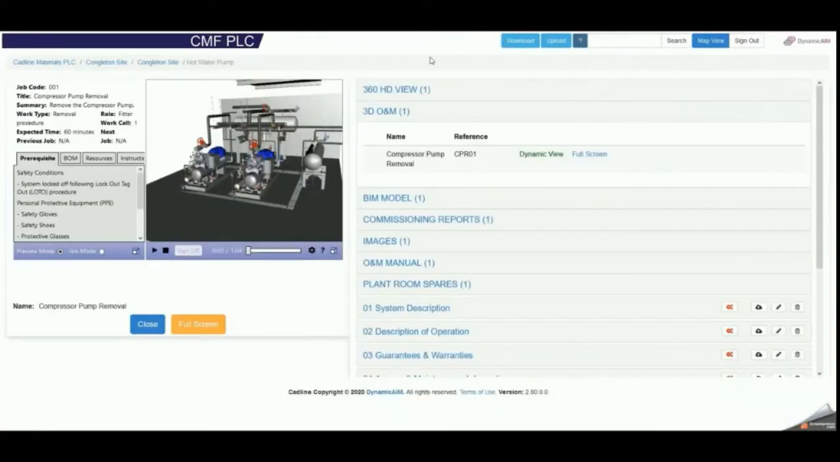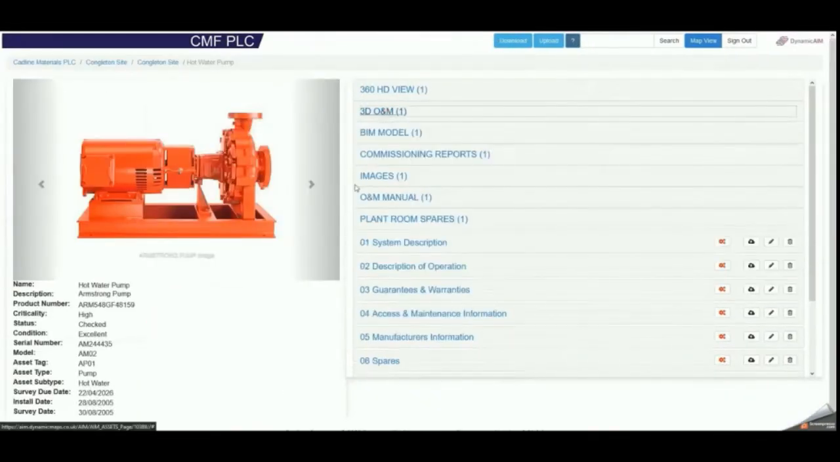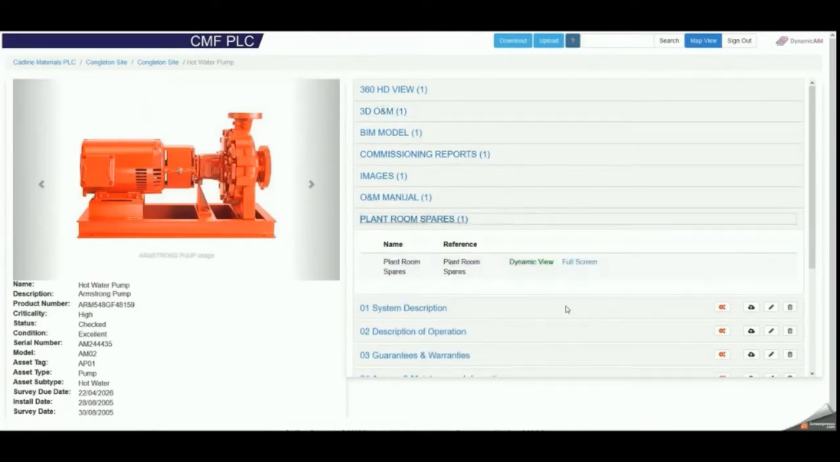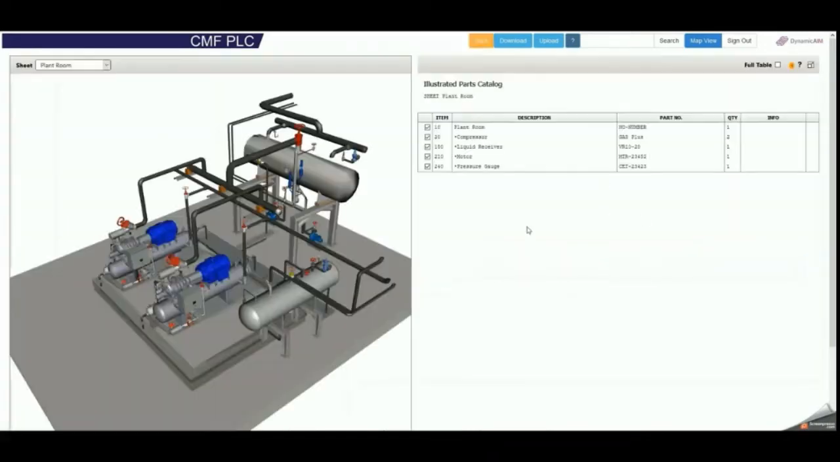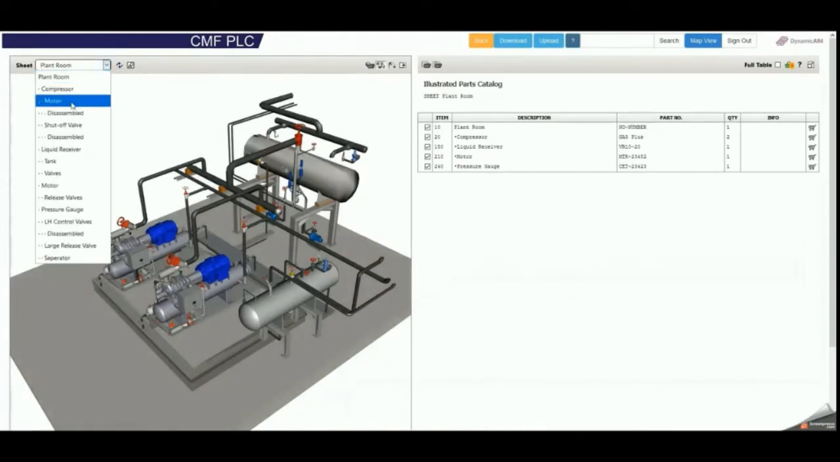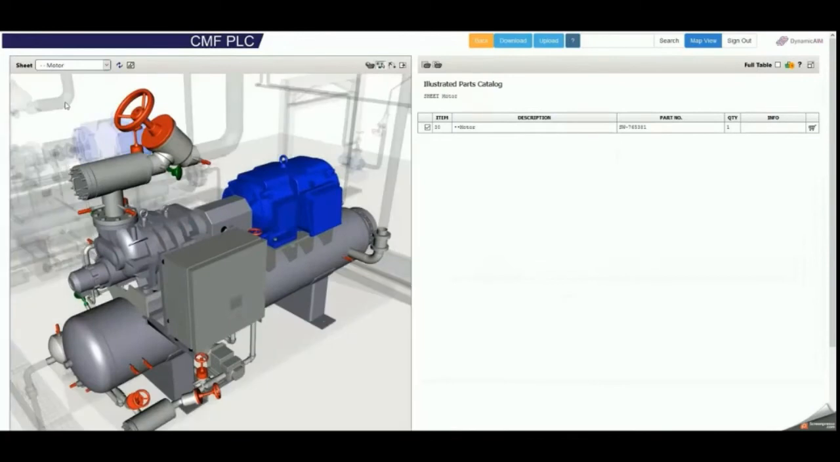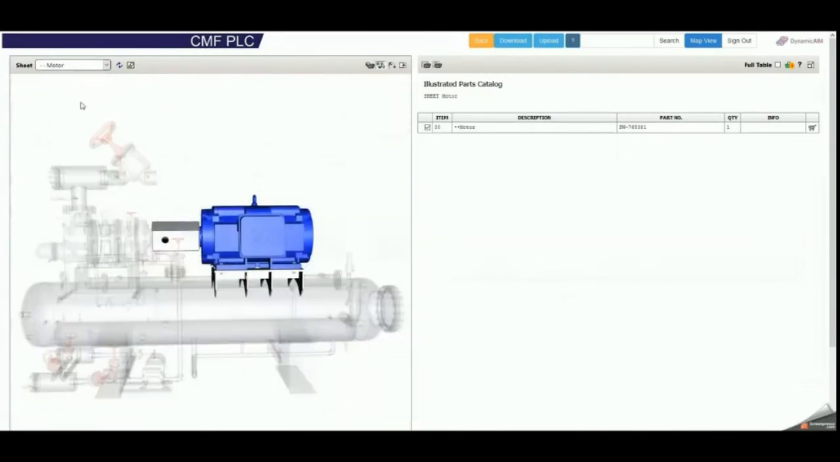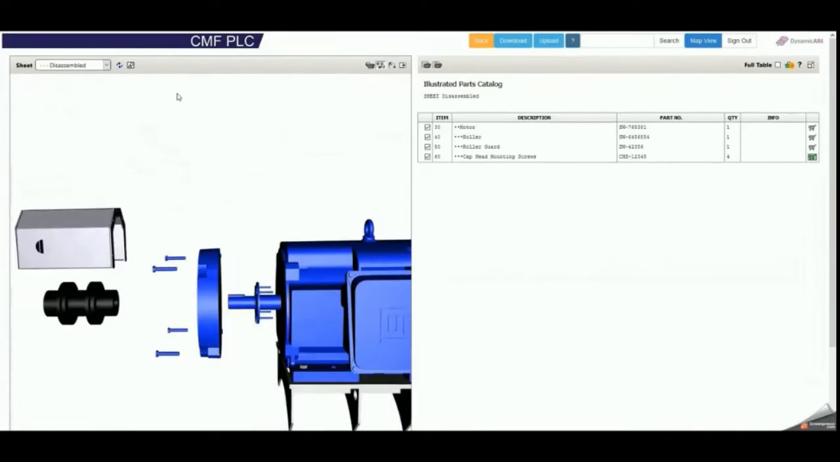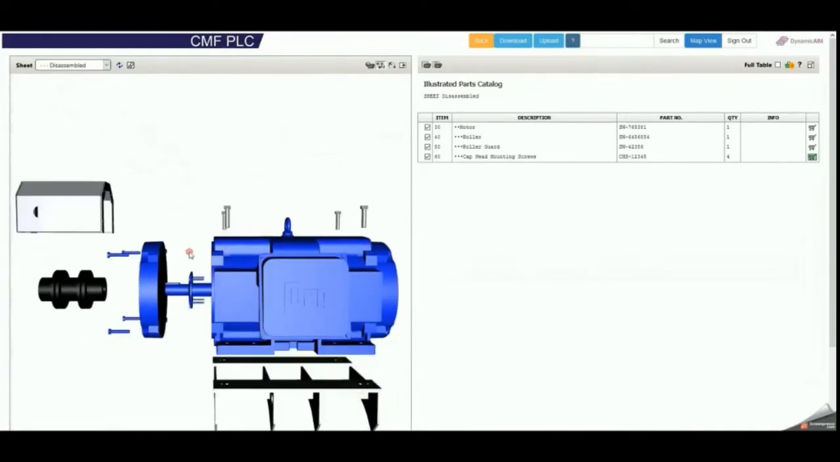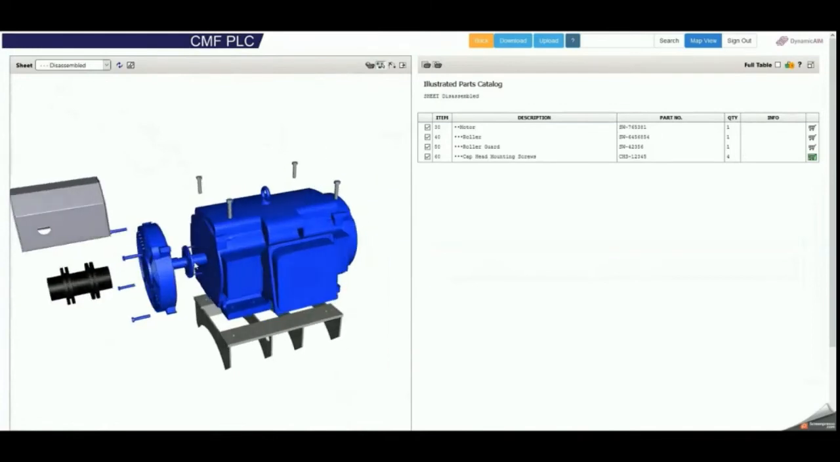So let's jump back here. Likewise, we can use the same detailed models for plant room spares. So I'll click this onto full screen. There we go. So what I can do here is I can drill down to, say, the motor. It'll isolate it in the model. I can then show the motor disassembled. At any point in time I can rotate this model, I can zoom in and out, I can click on